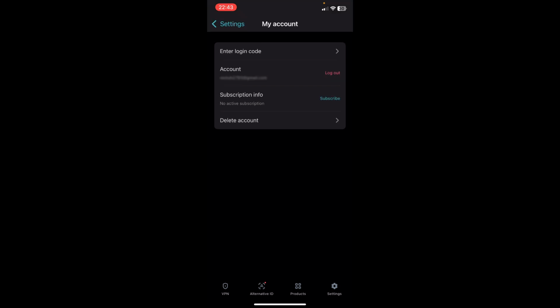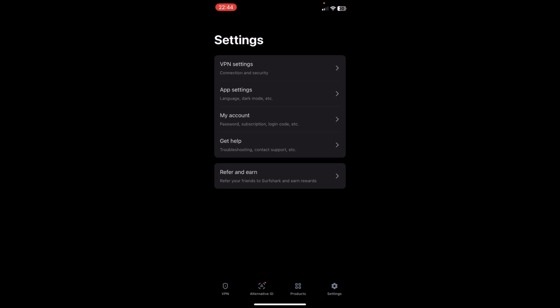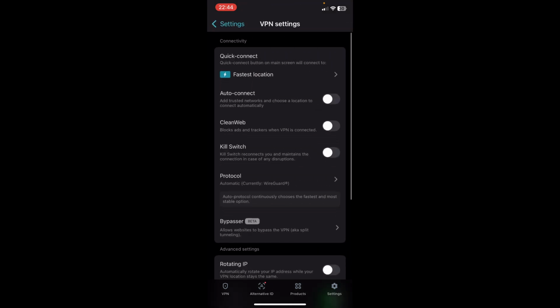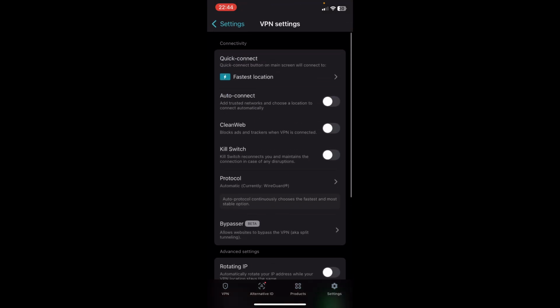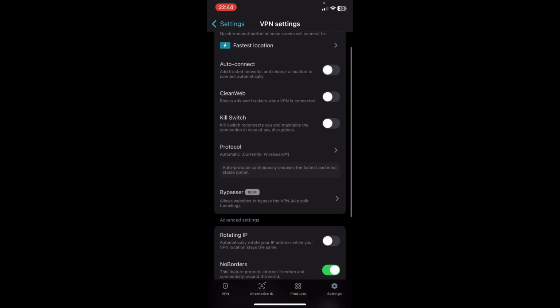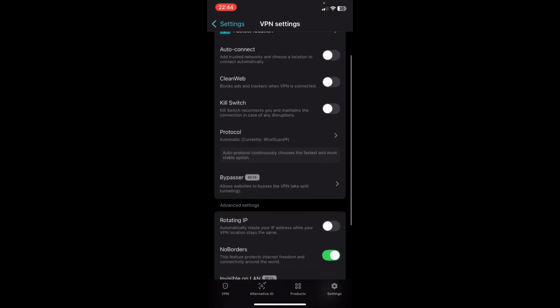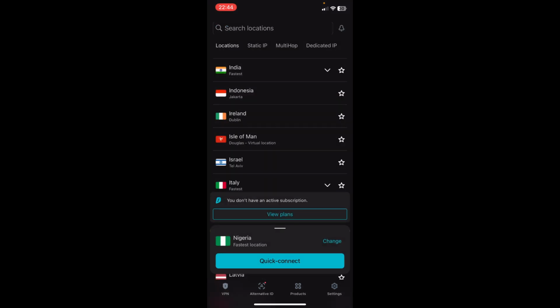And then you have my account, and under my account, you can put in your login code, your email address, your subscription info, or delete your account. And then when you go to VPN settings, you can see different settings which are for advanced users, and you can use this according to your needs. So at this point, we hope you're able to understand better how to use Surfshark, especially when you're on a